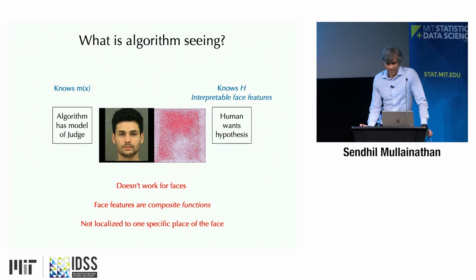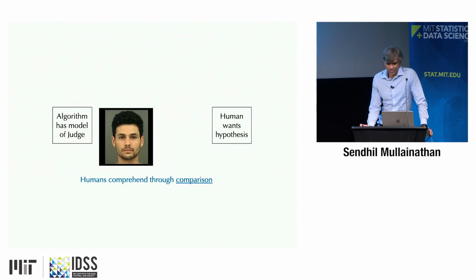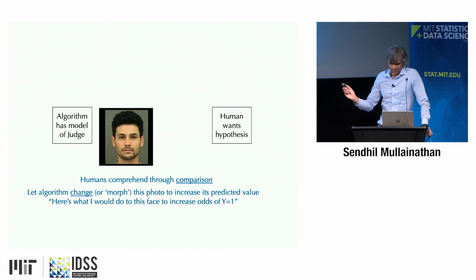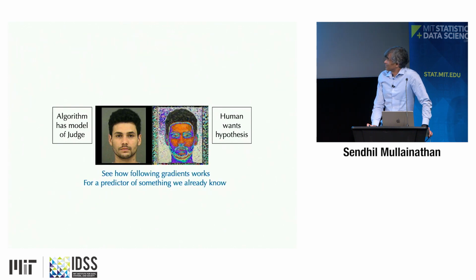Great. But that's okay. We know that people understand through comprehension. So why are we trying to localize? Why don't we just follow the gradient? Why don't we take that image and simply follow the gradient and change the face until we get a nearby new face? Great. So that's what we're going to do. When we do that, we get this monstrosity. This is also really bad.